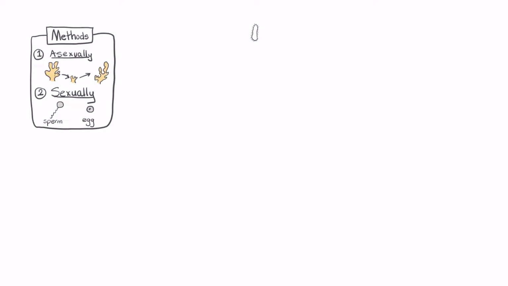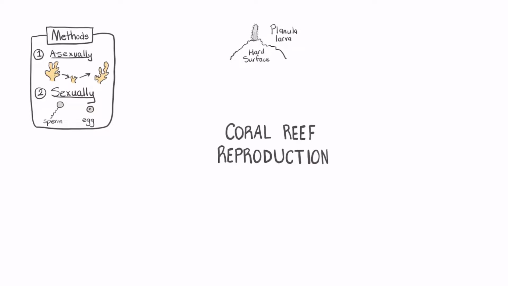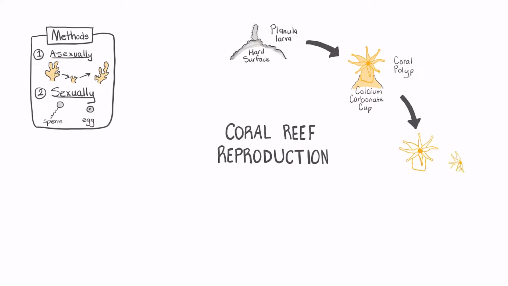A coral colony begins when a planula larvae attaches to a hard surface. The planula develops into a polyp, and the polyp makes a cup of calcium carbonate underneath it. The polyp then reproduces asexually by budding and producing brand new polyps that in turn produce a calcareous cup underneath